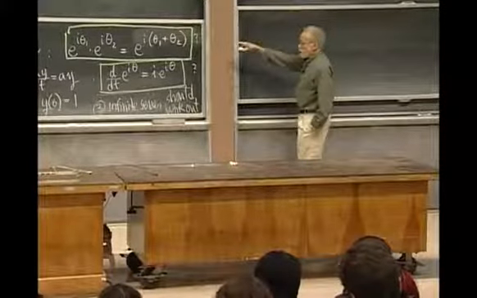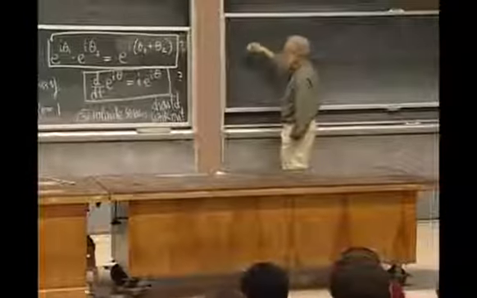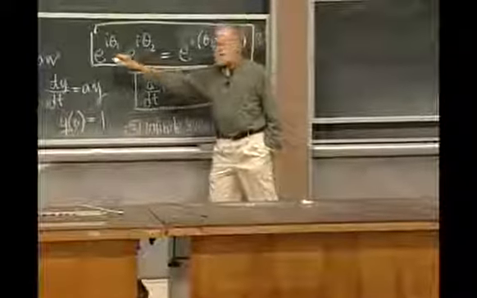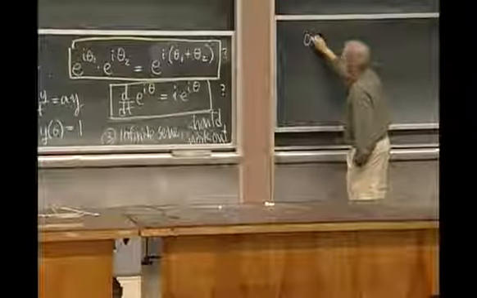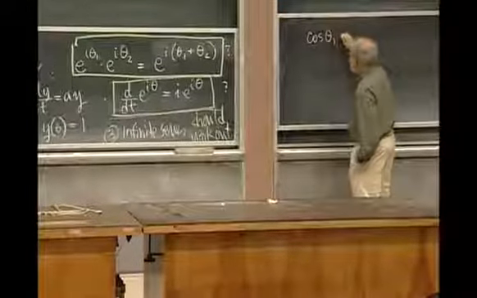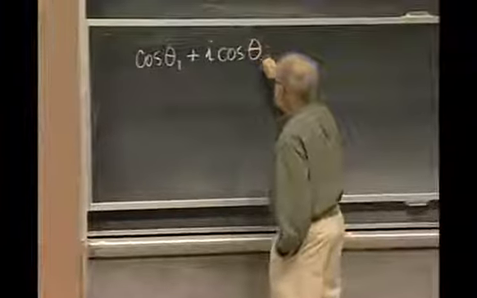So let's look at the first one. What will it say? It is asking the question. It says, please calculate the product of these two things. Okay, I do it, I am told. I will calculate the product of cosine theta 1 plus I